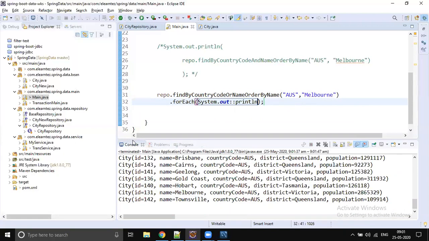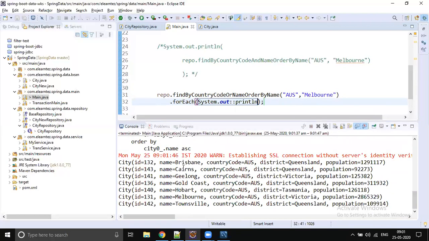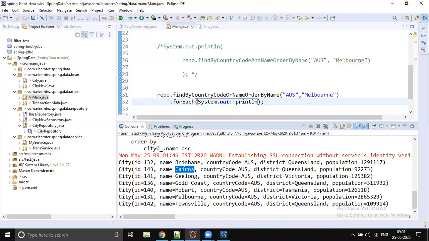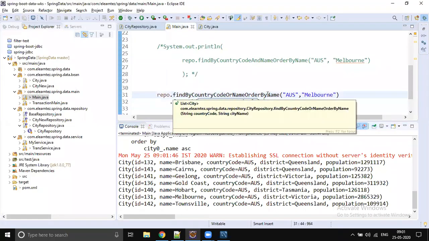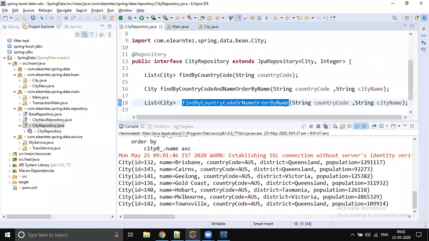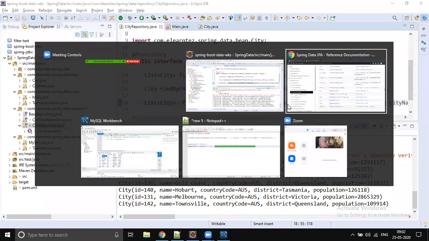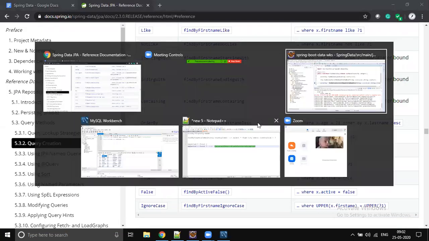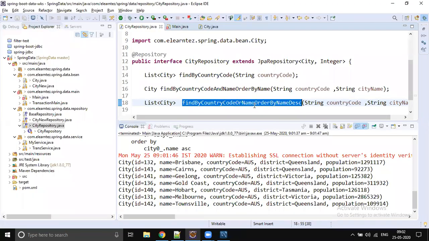You see that now the data we are getting is sorted by name in ascending order. If you would like to get descending order, you just say DESC. Let me check. Yes, DESC. So let's call this method.